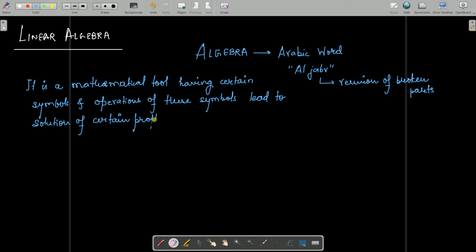Okay, so I gave you a trivial definition for this algebra basically, and broadly speaking we can classify this algebra